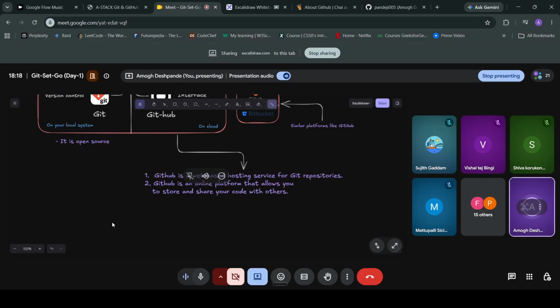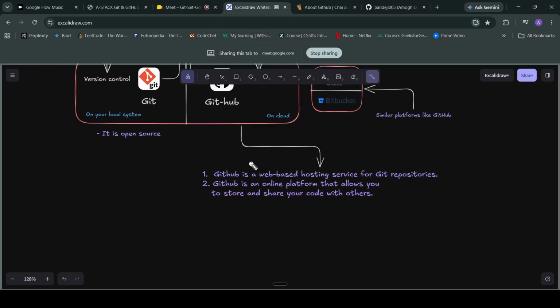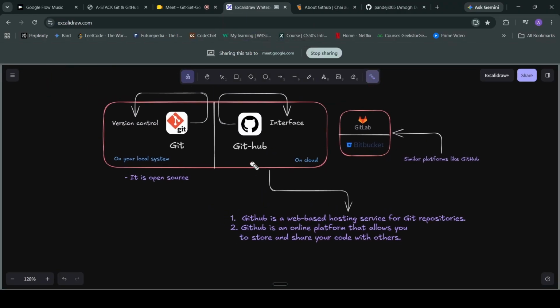Give me a thumbs up if it is clear, or is it boring? Just bear with me for 10 minutes and we'll go into the commands and do some coding right there. Okay, done. Let's go. Once again, if you have any doubt, you can unmute yourself and ask me, or else at the end of the session we will be conducting a Q&A session. I will answer your questions and clear your doubts. Hope Git and GitHub is clear for you.